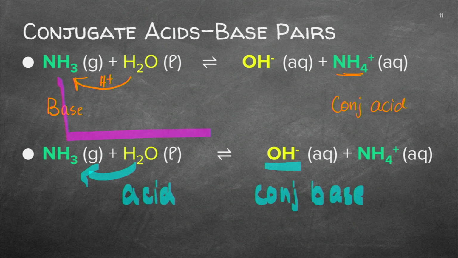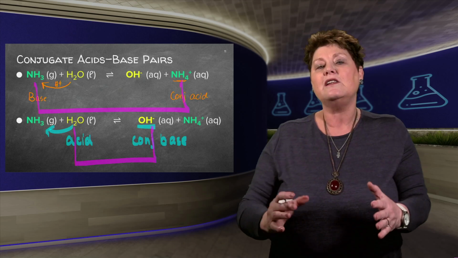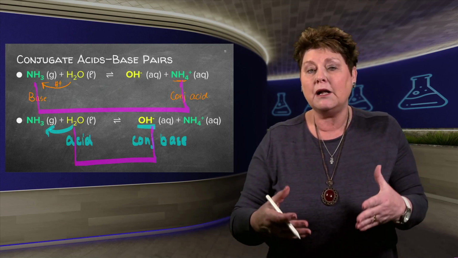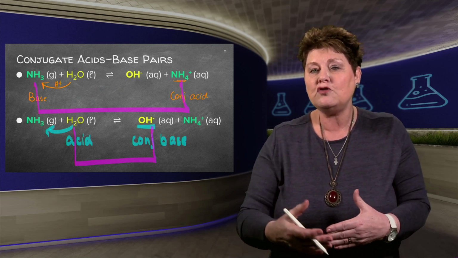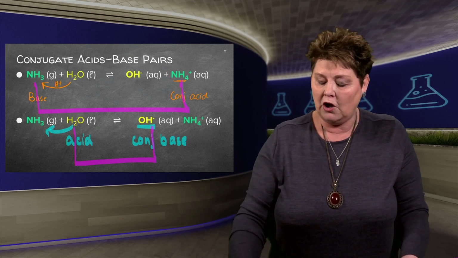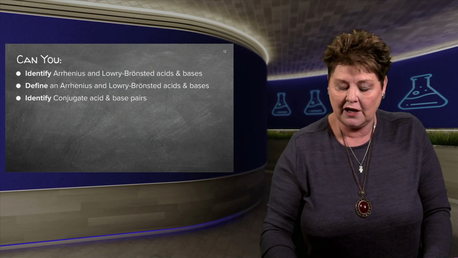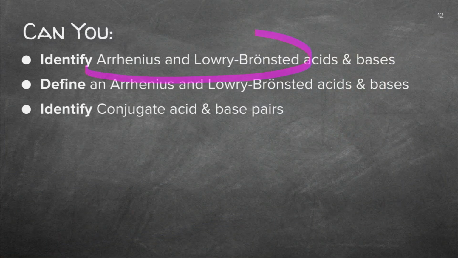So I've got that base with that acid, and I've got this acid with that base. Those are the questions that will be asked either in a multiple choice where you'll have to choose the correct one, or even in a longer question where you've got to do that. Guys, you can't do this if you don't know the definitions. You need to know what Lowry and Bronsted and Arrhenius said and be able to define them.